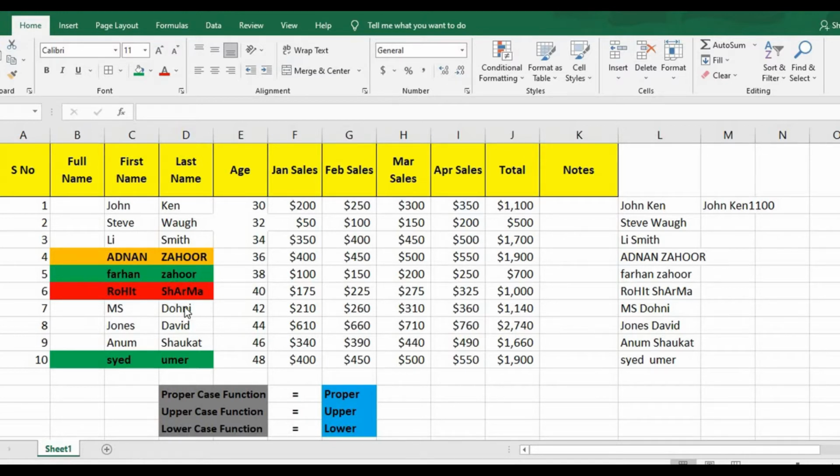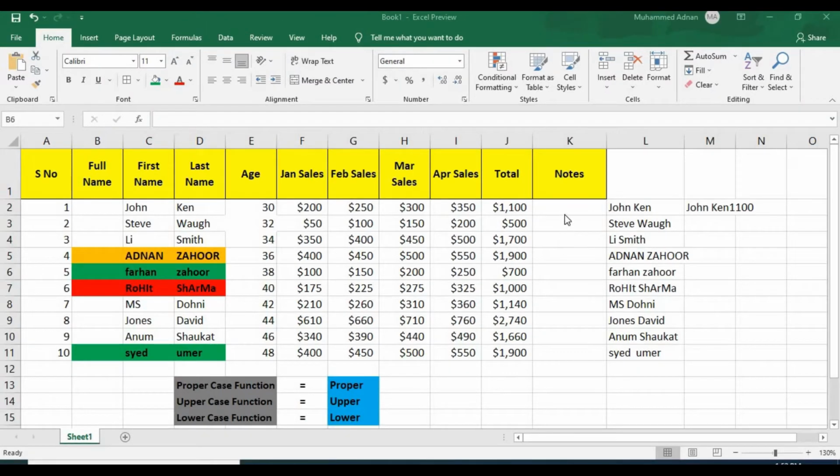If you can see, some of the alphabets are in capital and some are in small, so we can also change the name with the proper function. In the note column we will insert the full name with their total sales as well, so it will be a fruitful learning for us.